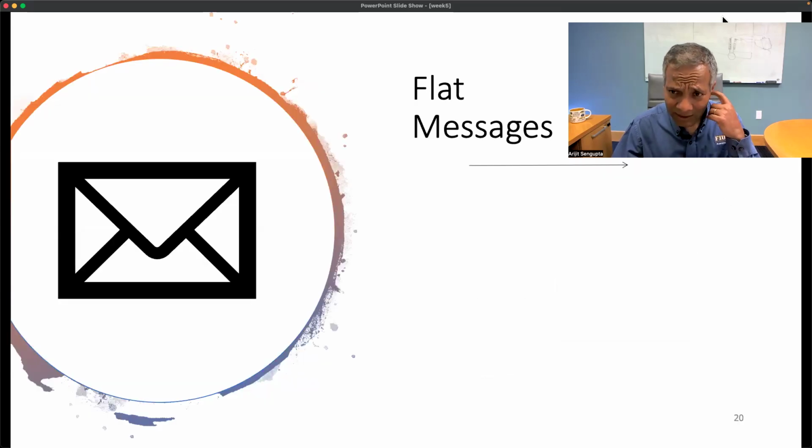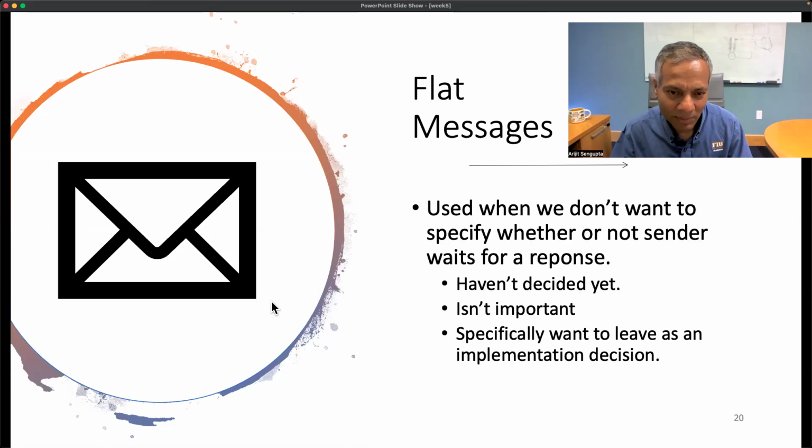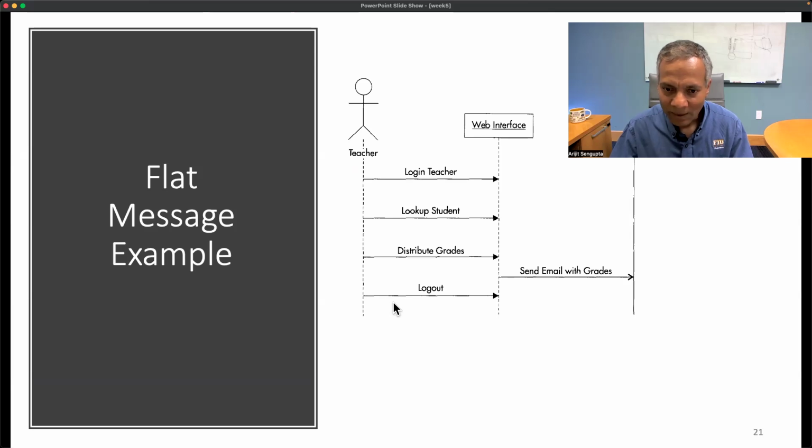A flat message is where it's sort of informational that you're doing, but it's not something that you're really looking for a response back, right? So, for example, an email or an announcement could be considered a flat message, where you are not going to wait for a response, and also you're not necessarily going to use that response even if the receiver were to respond. So in this case, for example, an email with grades, which is obviously not going to be very FERPA compliant, but